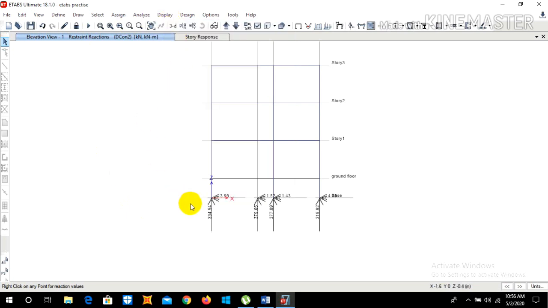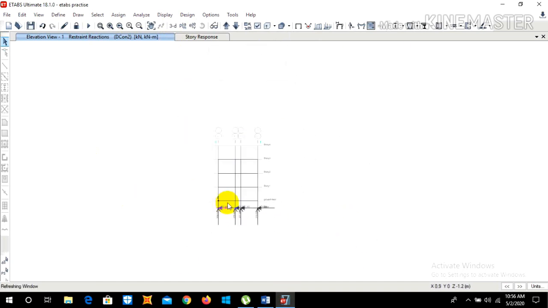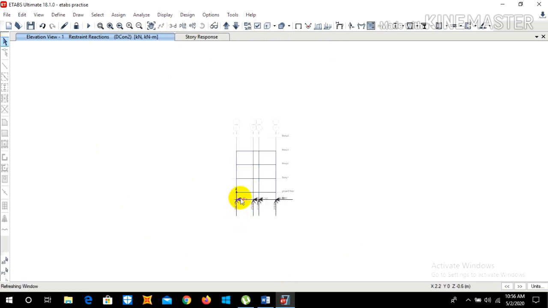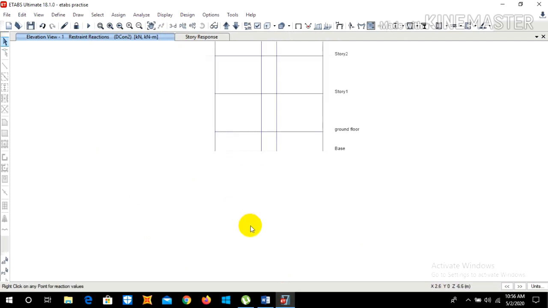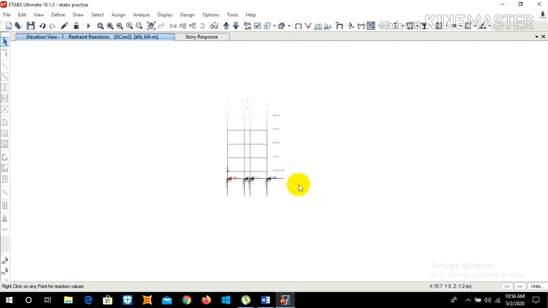In tabular form, you can go to display and show tables, and then we can see these reactions and then copy it in Excel. Well, if you follow these rules, then you can simply do the analysis of any building structure. And if you want to see